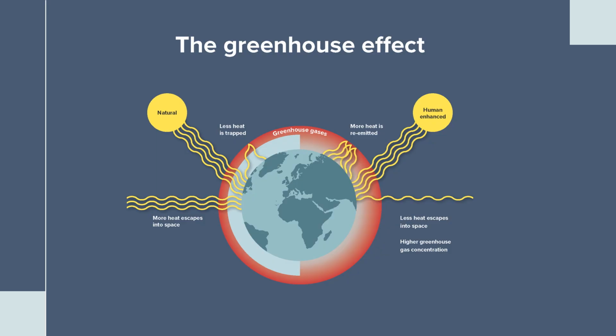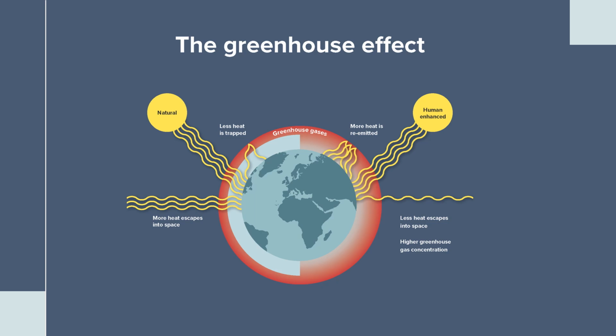The greenhouse effect. Like you can see in this diagram, these gases act like a blanket around the Earth. They let sunlight in, but prevent some heat from escaping. This is why they're called greenhouse gases, as the process is similar to how a garden greenhouse works. As you can see on the left-hand side of the diagram, this is a naturally occurring process that keeps the Earth warm enough to support life.